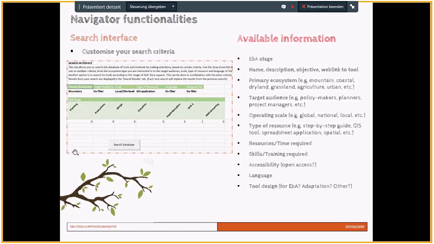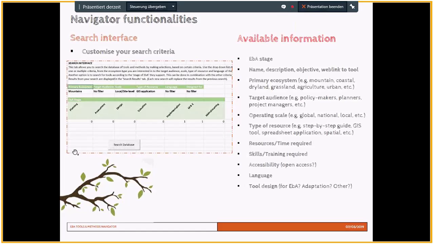This can be, for example, a particular ecosystem that you're working on, a particular scale, whether it be local, municipal, or national level, or a particular EBA stage you need a tool for, whether it be planning, design, implementation, M&E, or mainstreaming stages. So you can use any of these criteria to search for tools, and then you get results